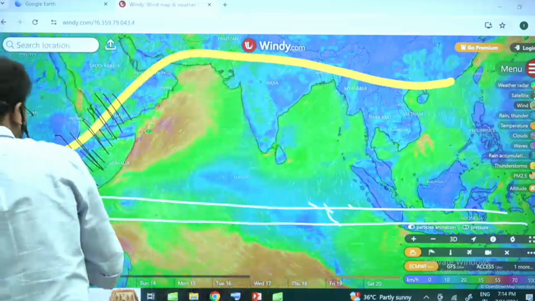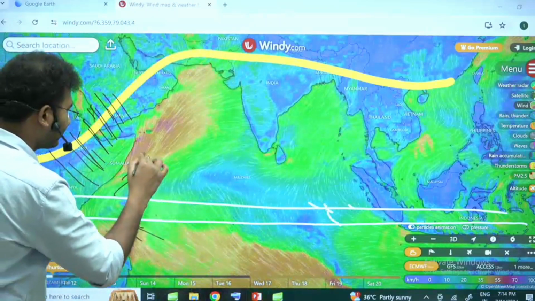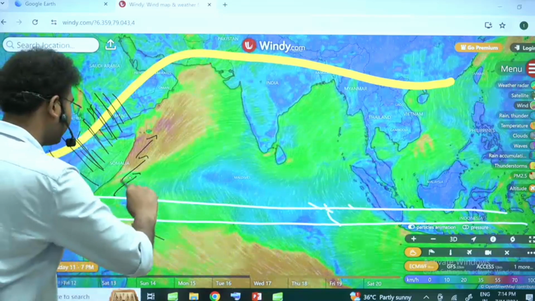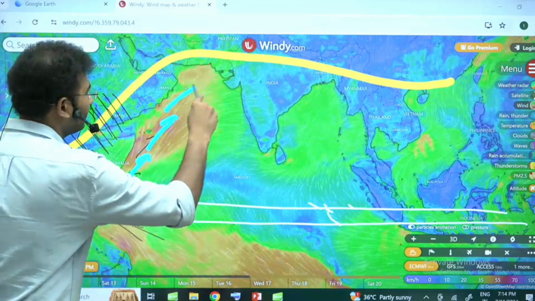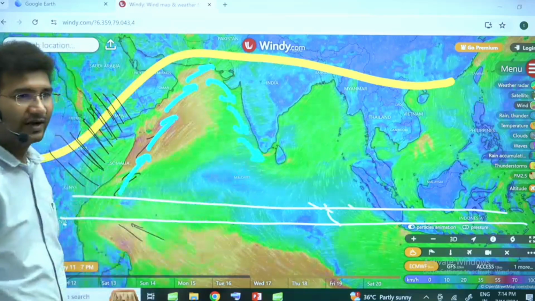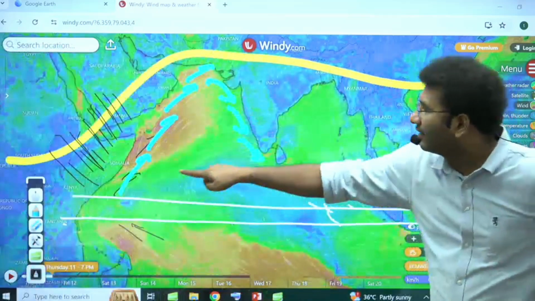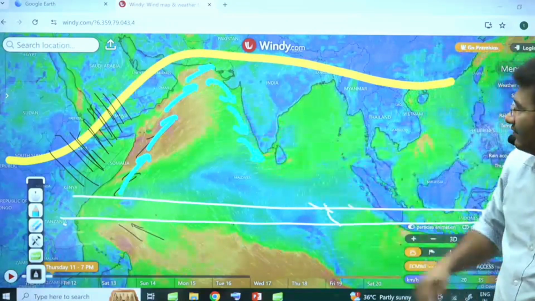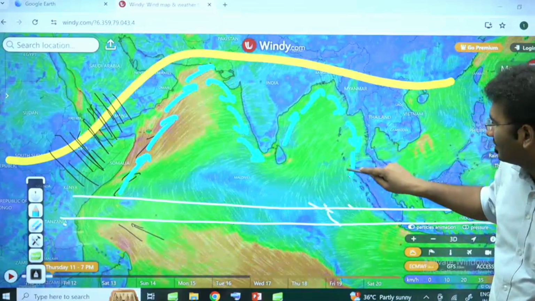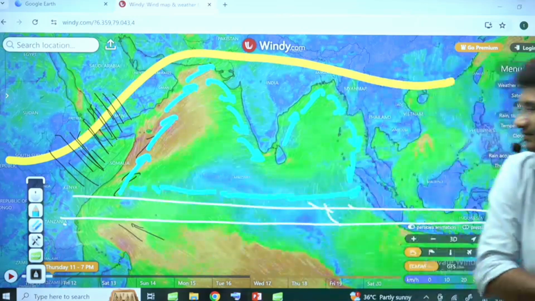See here, most of the winds, they are crossing the equator and then just trying to move, right? So here the direction of the oceanic water will be like this. They move like this. Why are they moving? Because of the southwest winds. The winds are coming and this is how the circulation will be. Same way, the water will follow the path of the wind. And then here you will see the circulation of winds to be like this.